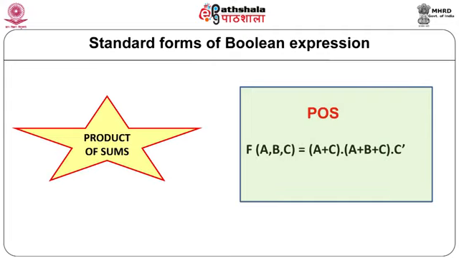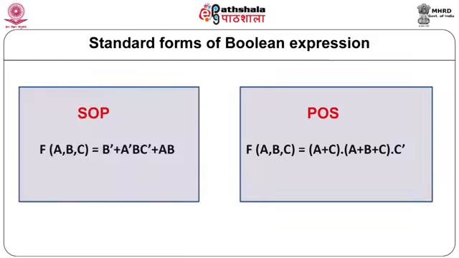Another standard form of Boolean expression is product of sums. It contains a 2 level implementation of Boolean expression. The first level is the ORing to provide the sum term, and then at the second level ANDing results in the product term. Both SOP and POS are two standard forms of Boolean expressions. Both include the sum and product terms for the two level implementations of Boolean expression.